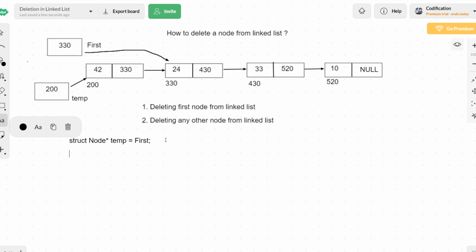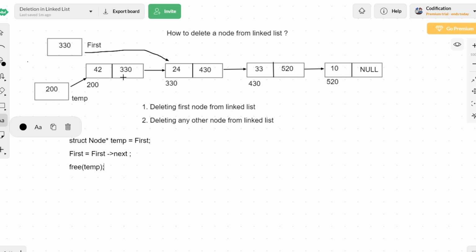Now we can move first from this node to the second node. So first equals first of next. The first pointer has been moved to the second node. What's the next step? Deleting the temporary pointer. So free of temp. Automatically this address 200 will be completely deallocated from the heap memory.